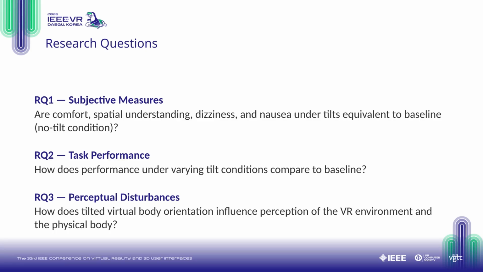We structured this study around three research questions. First, are the subjective measures, comfort, spatial understanding, dizziness, and nausea, under tilted conditions equivalent to the upright baseline? We use equivalence testing here, not just significance testing. Second, how does task performance compare? And third, how does the tilted virtual body orientation affect perception, both of the real environment and of your own